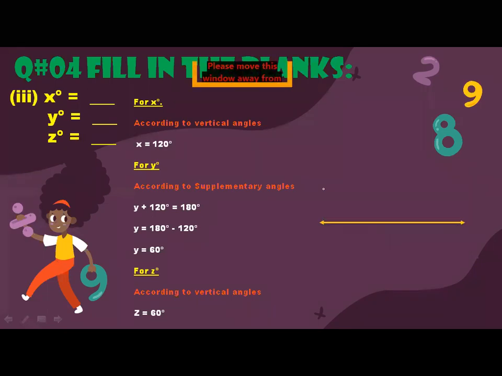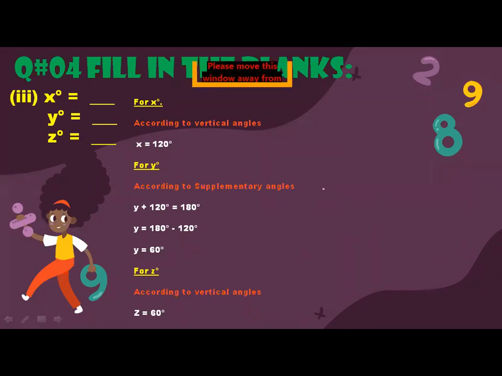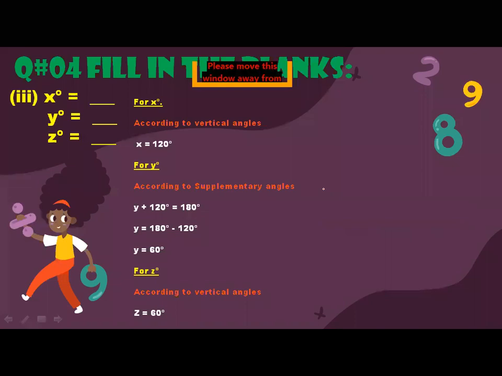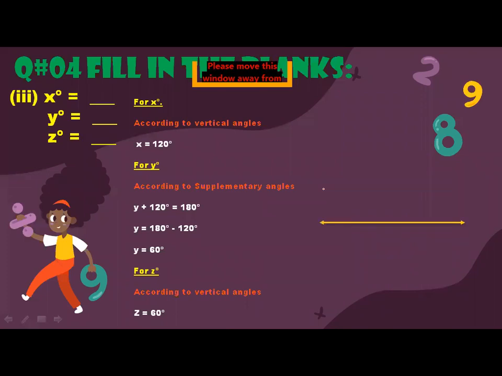Now look at here. Listen to me again. Okay, please stop chatting and listen to me again. What you will do to draw this kind of angle: first, you will draw a straight line. Okay, is it clear? First, you will draw a straight line, and after that, you will mark